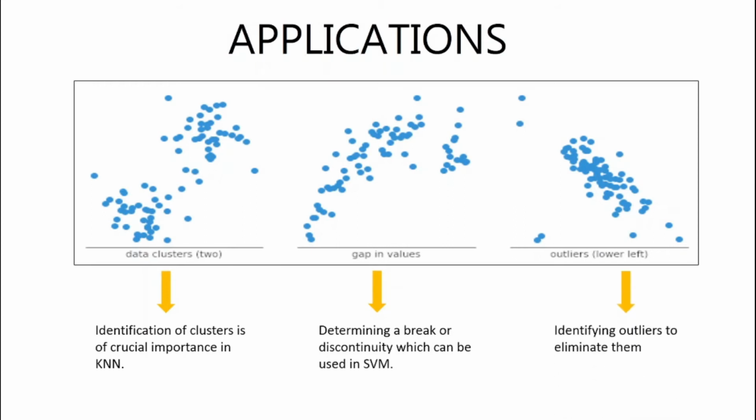Next are the outliers. Outliers are basically data points which do not follow a trend or which do not blend in with the other data points. They are extreme values, basically located at extreme corners of the plane. We looked into these data points before in the first video. They can be a menace to our model, and they impact the efficiency of our model.